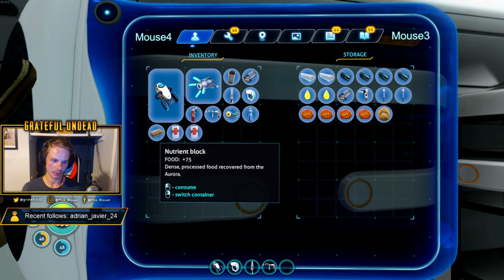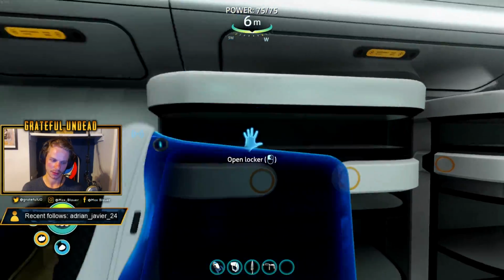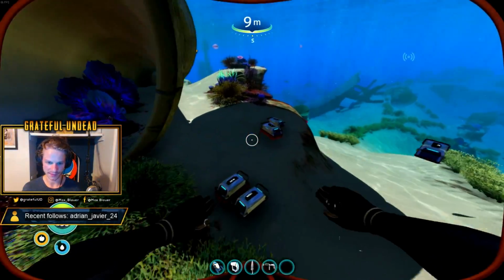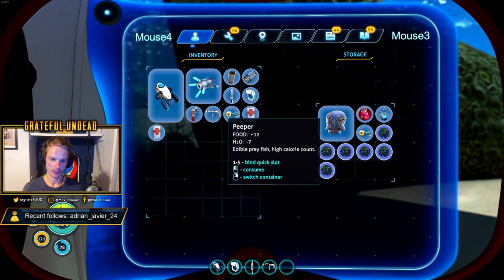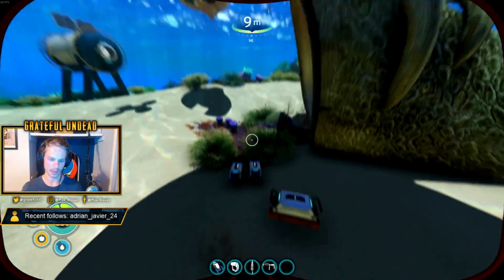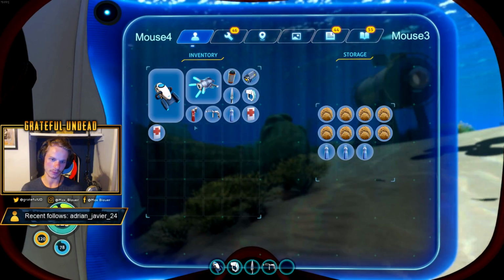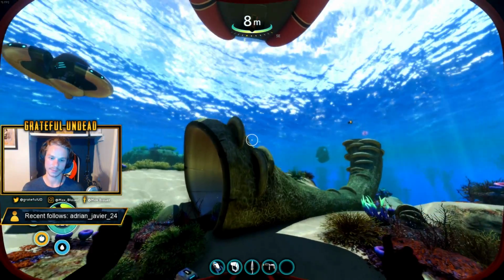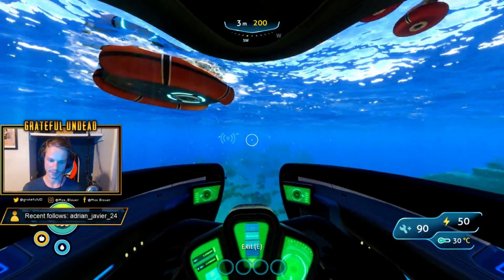I will keep a... Well, no. I'll eat this nutrient block. I'll drink this water. I'll save this peeper in my bio thing here. Cool. And then I'll grab another water from the miscellaneous, and I think we should be good to go. The reason I'm not grabbing a lot of food and water here is because... Hold on. I know there's plenty at the Aurora. There's actually a bunch, so...